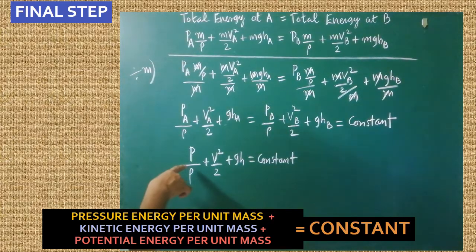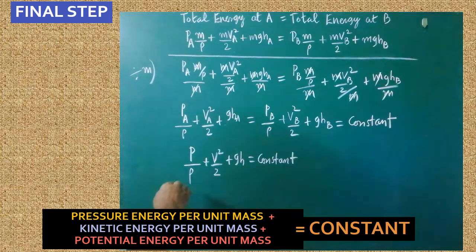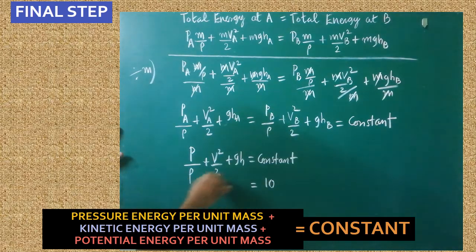Here each factor has its own name. Are you clear? So this particular equation is called Bernoulli's equation. Could you understand? I will explain with the help of some numbers. Automatically, easily you can understand very well. For example, if all the factors are added and you are getting 10, I will assign some numbers: 2 plus 5 plus 3, total is 10.